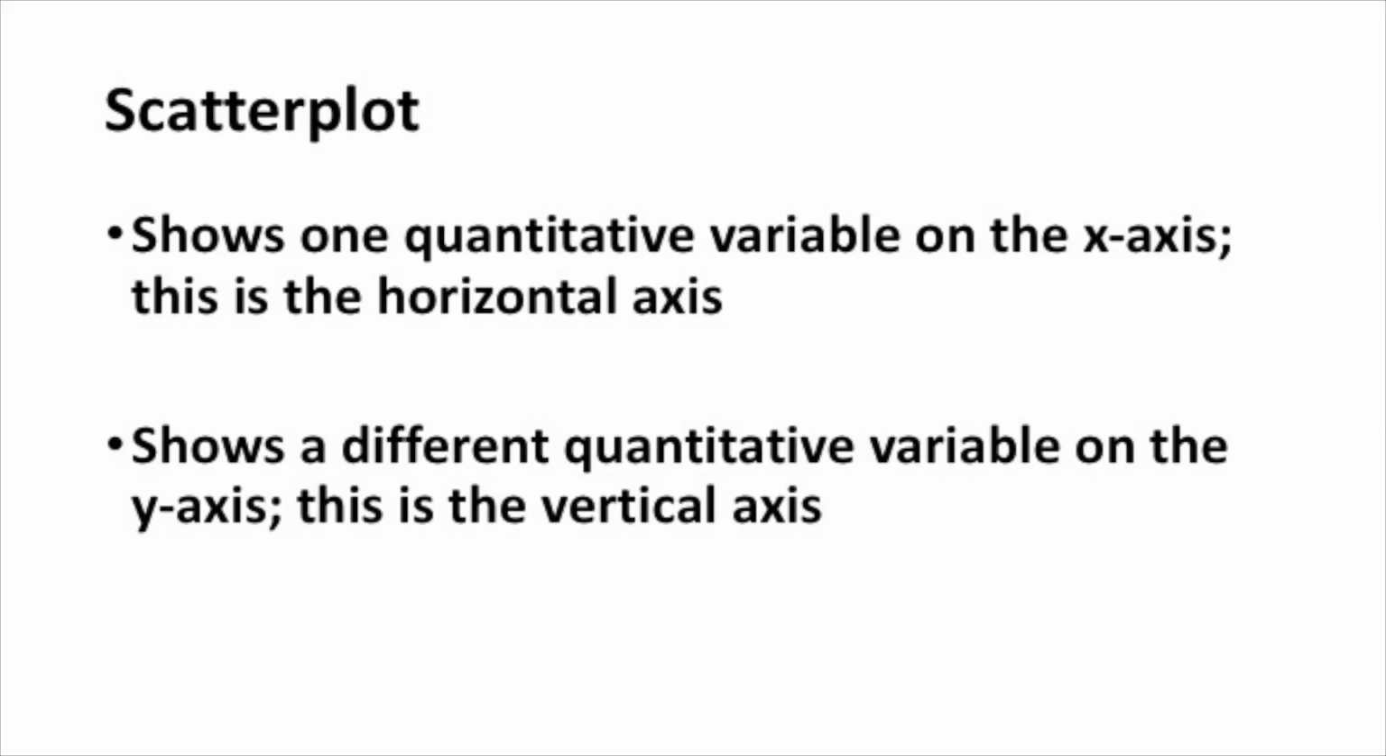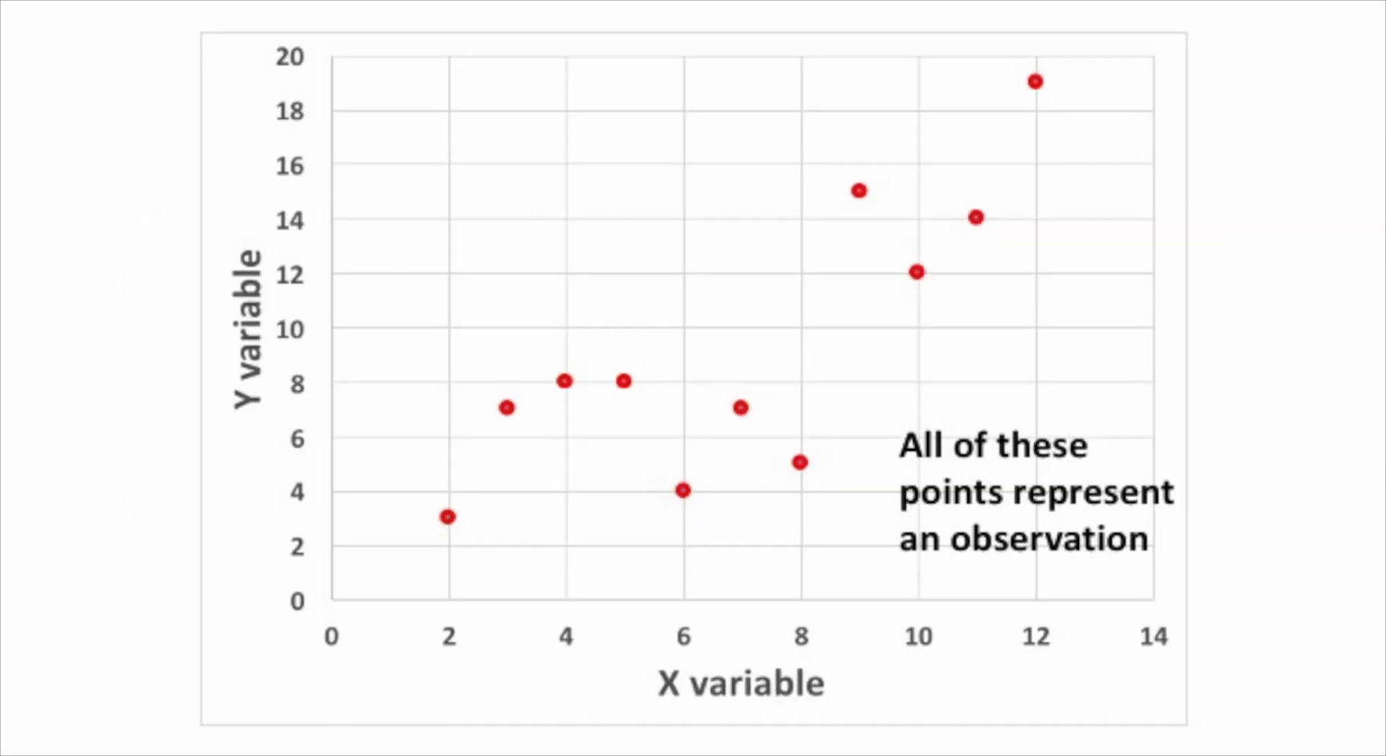When we're looking at the relationship between two quantitative variables, we'll often make a scatter plot. A scatter plot shows one of the variables on the x-axis, this is the horizontal axis, and it shows a different quantitative variable on the y-axis, which is the vertical axis. So here's an example of a scatter plot. I've got my axes labeled, so you see the y variable and the x variable, and all of these points